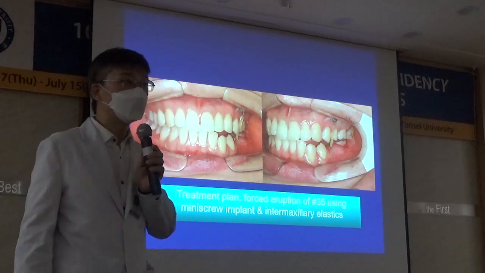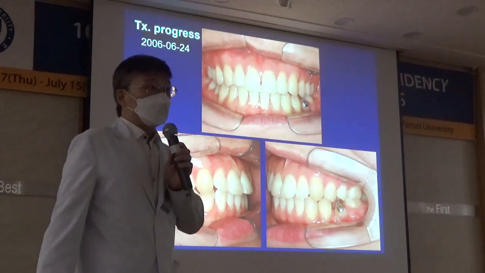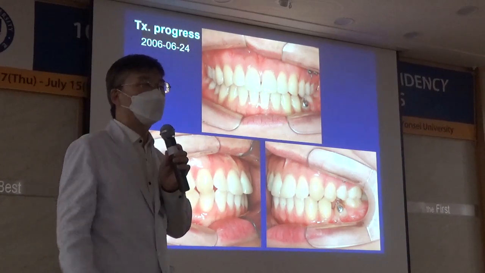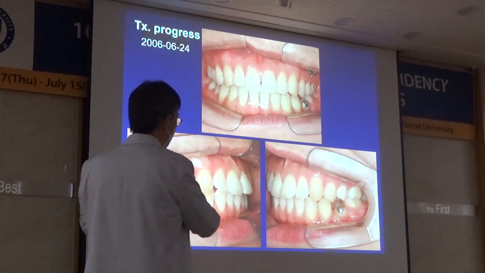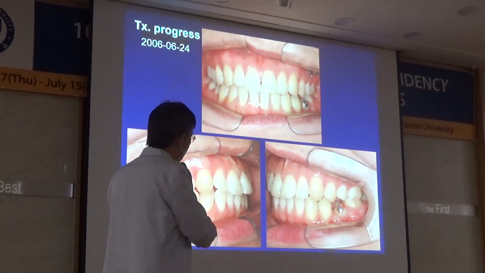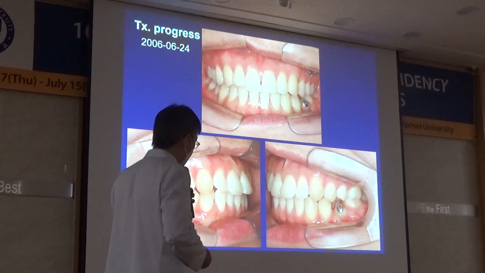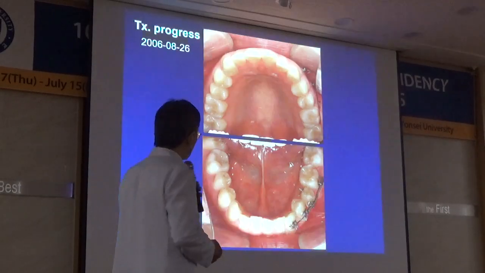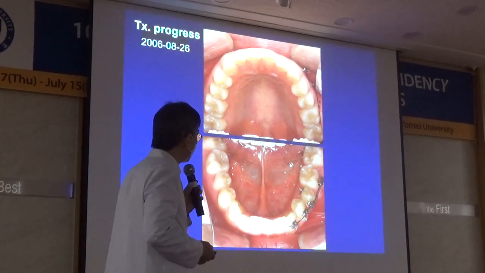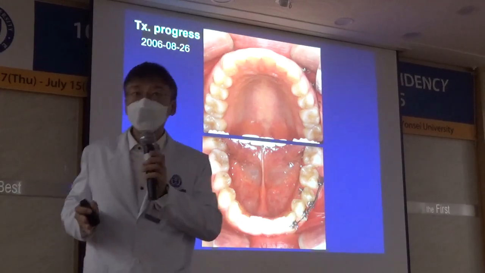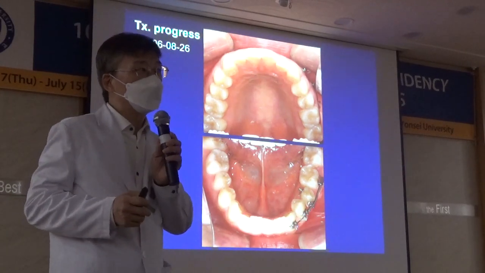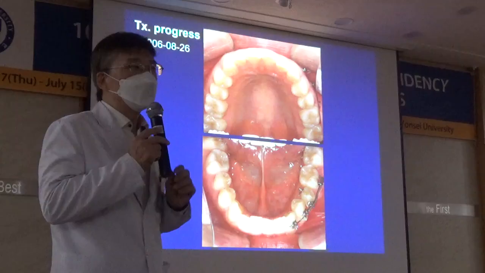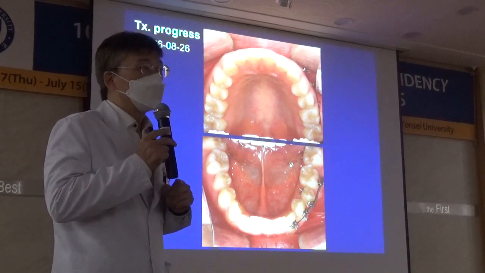I removed all the braces, and to my surprise, the most pleasing type of relapse just happened. Normally relapse is bad, but this time I really welcomed the relapse. And to eliminate the possible side effect, I asked her to wear the rubber band. Following full extrusion of the premolar, we started a tiny amount of derotation of the premolar. This is the sequence of the treatment. Try to get rid of a side effect, and a side effect happens without exception, especially when you use a teeth segment as your anchor unit. So the same thing.